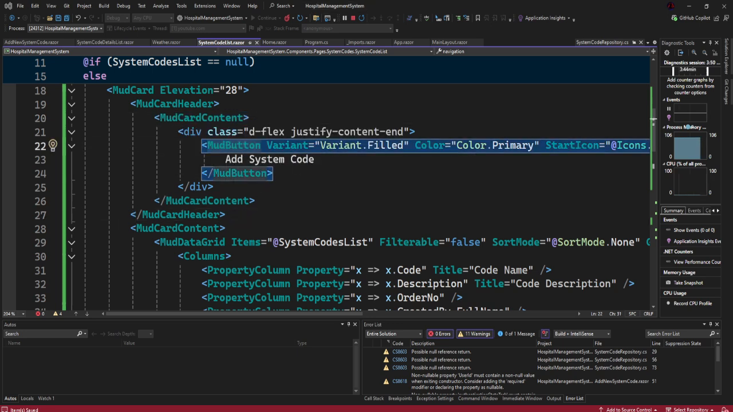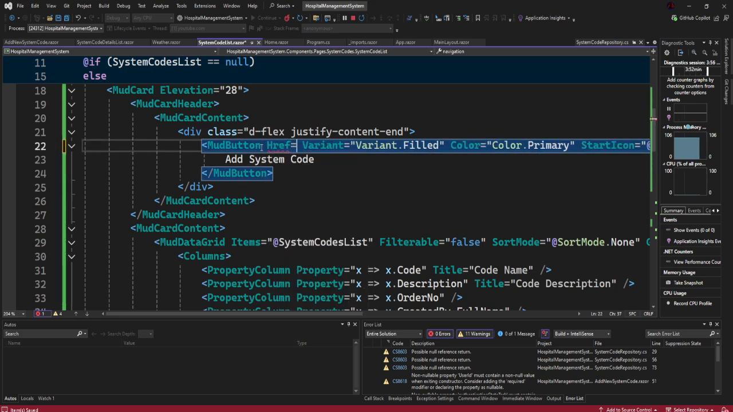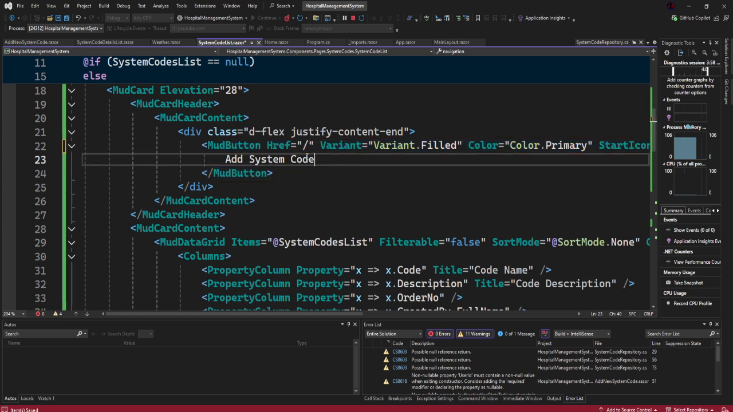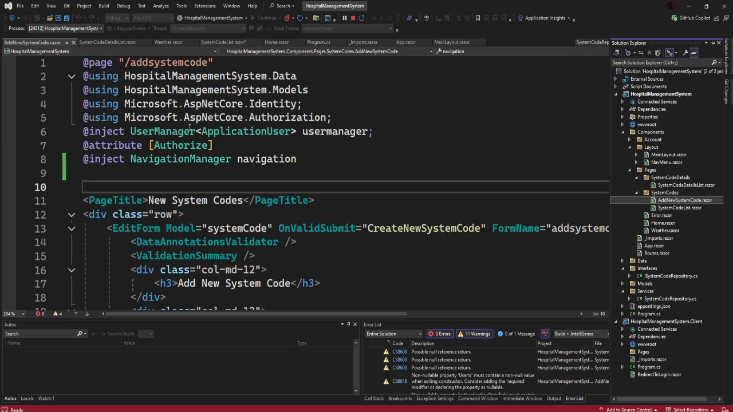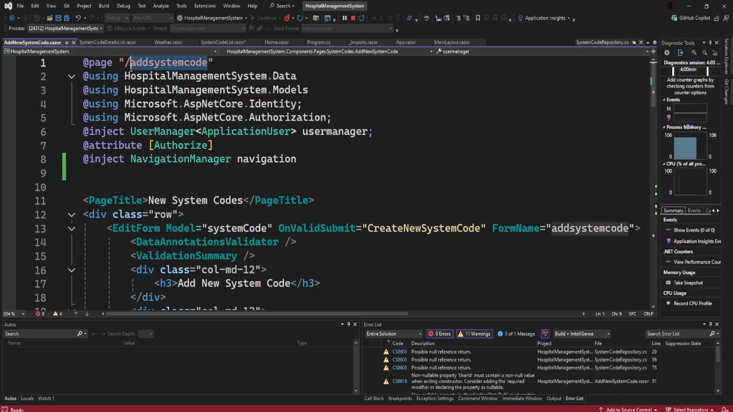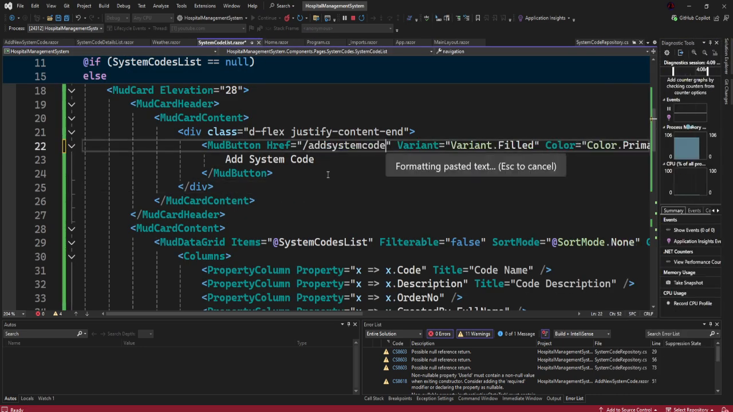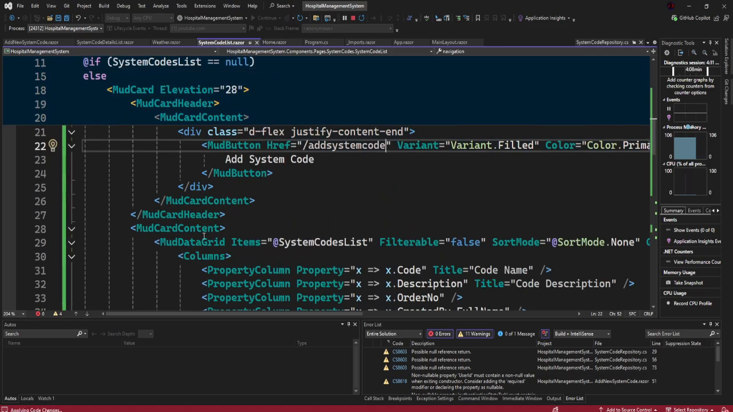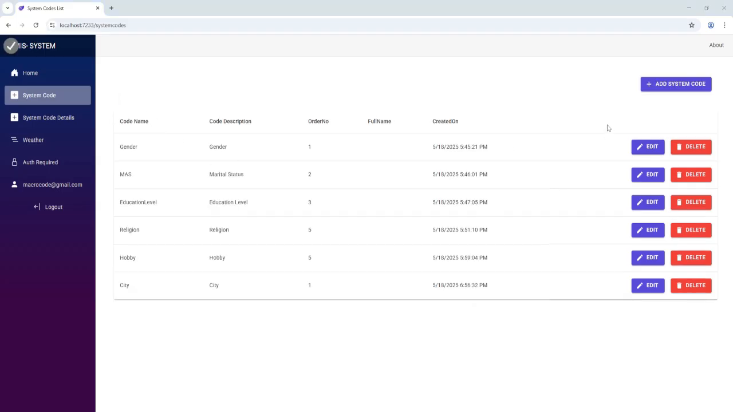To have the link, you can add the link here. You can say href equals, then we need to add the navigation here. So we want the add button. This is the add system code. So we need to add that here. I'll just add this here. If we refresh our app, we should now be able to see the changes,